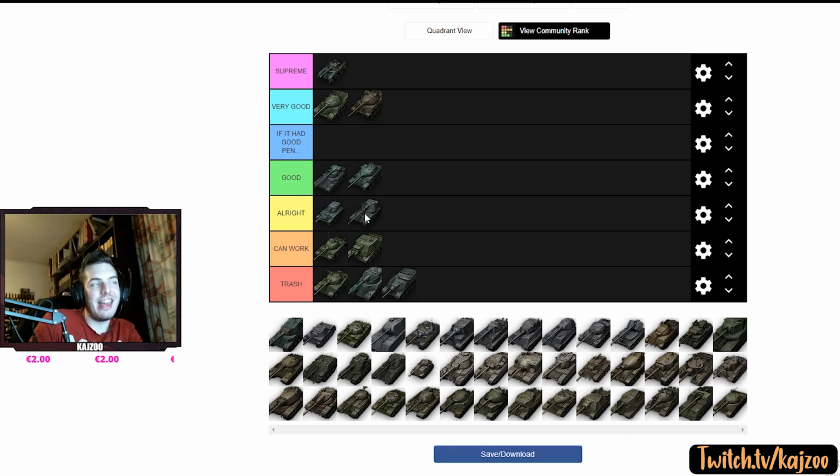Batchet AP. It is kind of flexible because it still has mobility and it has a clip, and you can rotate with it. And that makes it kind of flexible. I'm not gonna put it in the can work tier. It's not trash, definitely not on this level. Definitely not on these tanks' level. I think it's,